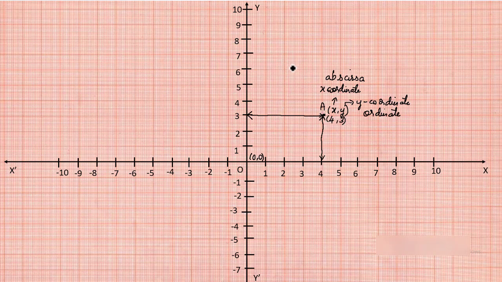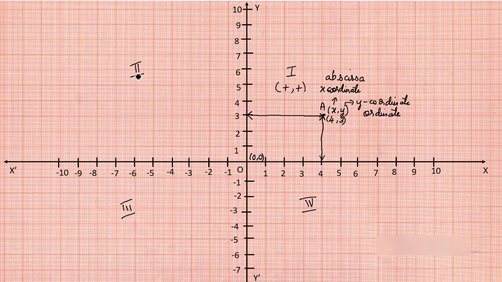This is taken as the first quadrant in a graph. On the left hand side, this is called the second quadrant of a graph. Similarly, this is the third quadrant and this is the fourth quadrant of a graph. In the first quadrant, if you observe the x-axis and y-axis, both the values are positive, right? So in the first quadrant, the x value will be positive and the y value also will be positive.